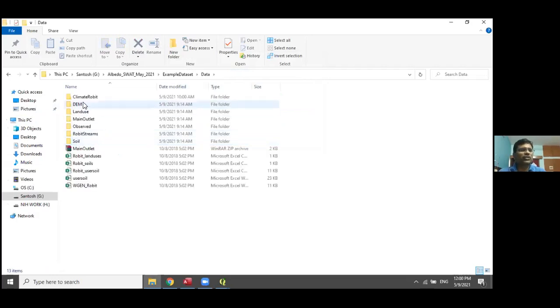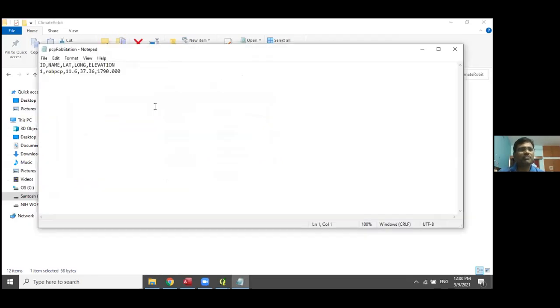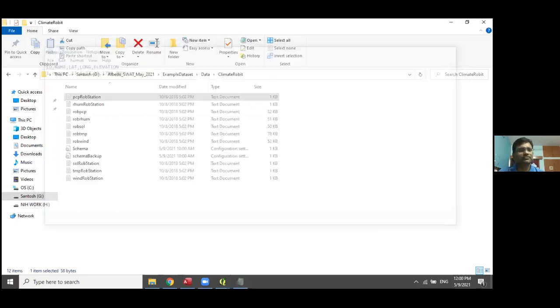In the example data sets, which are also available on the QGIS, you can provide the climate. These are all the input databases for the weather variables. This is the precipitation station information: the longitude, latitude, and elevation.